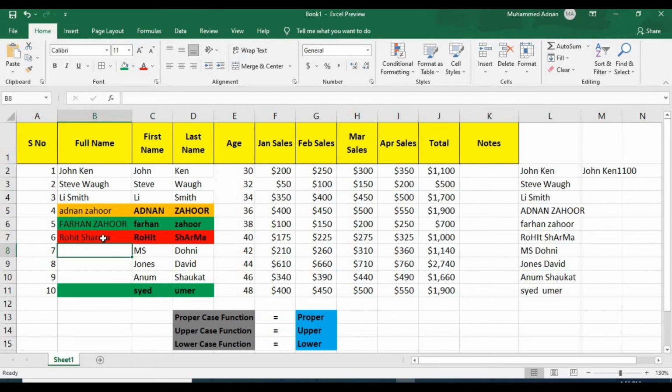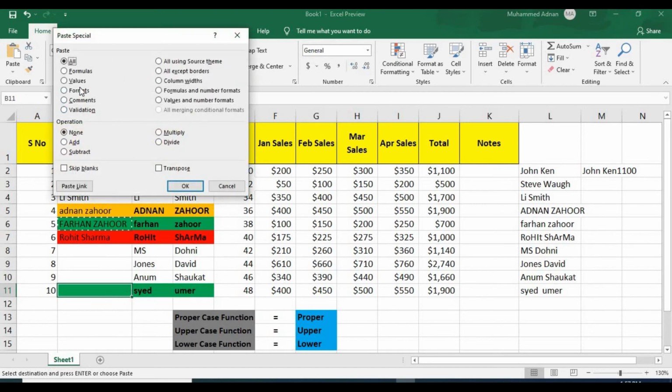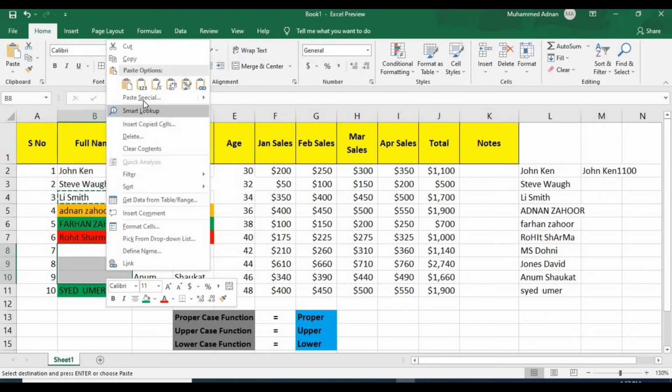Now you can see that this is how all of these three formulas work for us. So this is the way you can combine text with text only.